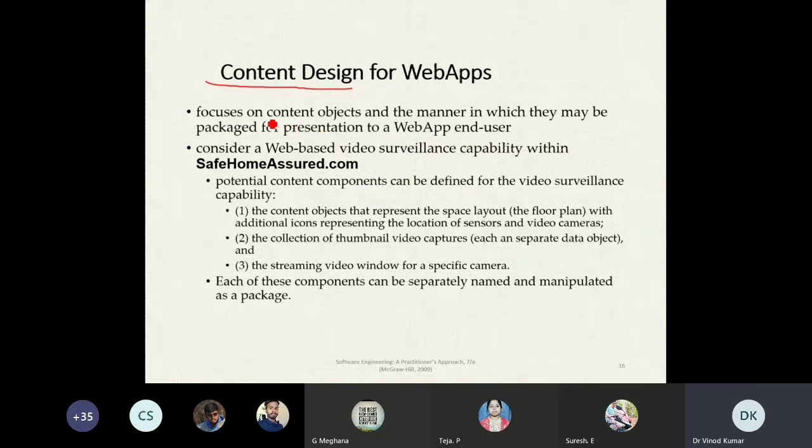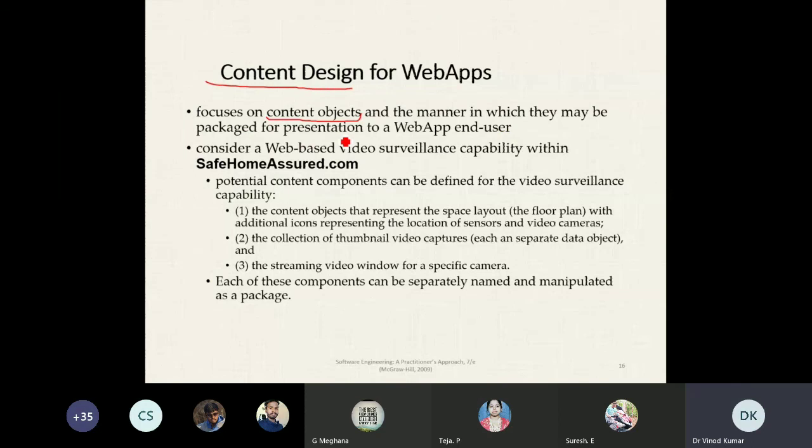Basically a content object contains the information, and how you will present it to the user, in which hierarchy, in which order, everything is mentioned here.